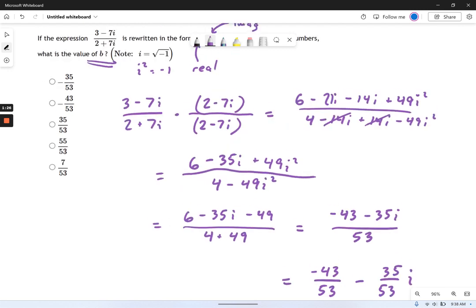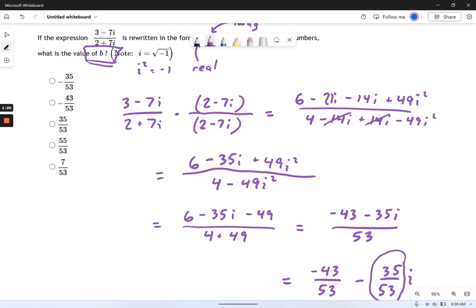So the question is asking, remember, what's b? What's the imaginary part? And that's going to be this guy. Notice what I'm circling right here does not include the i. It's negative 35. Should include that negative sign right there. It's negative 35 over 53. Okay, so we can see that guy right here. When you're looking for the imaginary part, be sure you don't include that i, and be sure you've separated this question out into its a plus bi form.